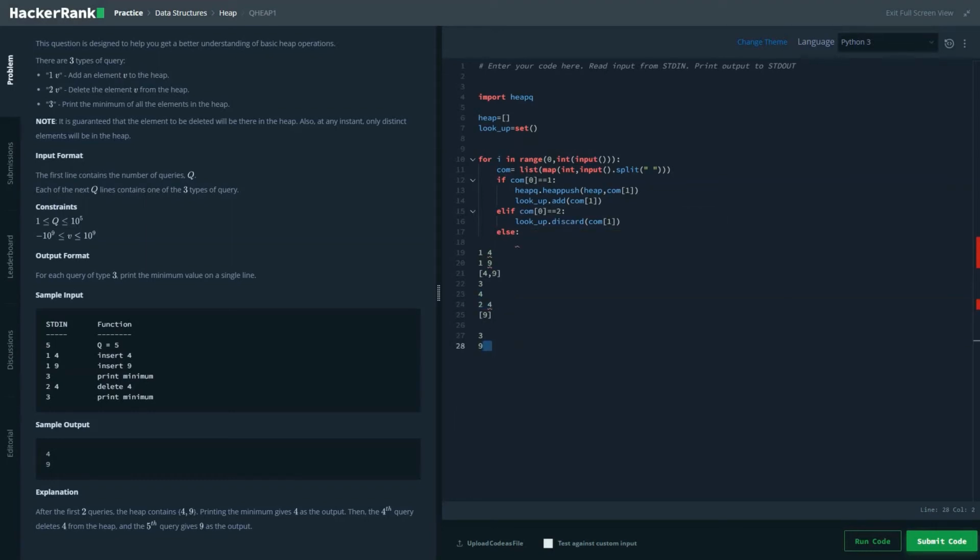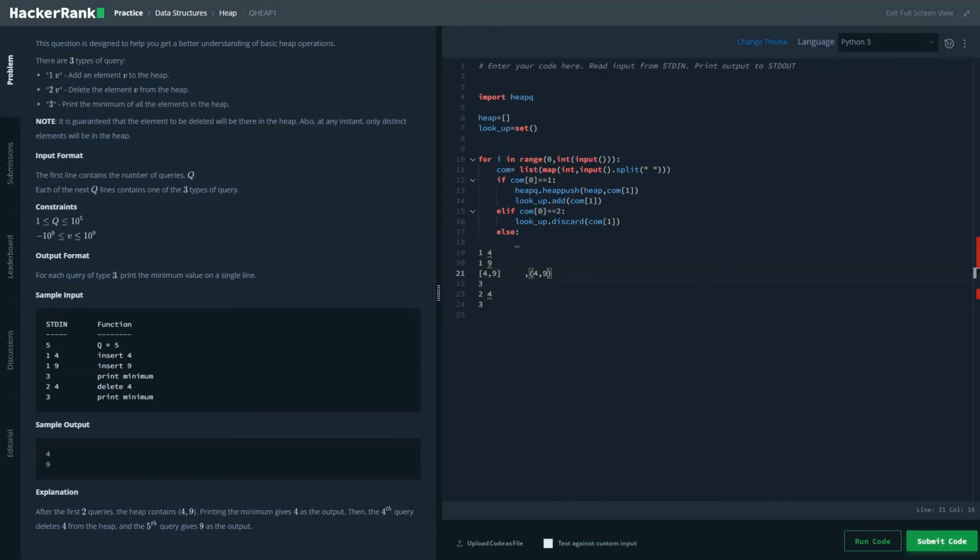So here, after the first two operations, this would be the value of the list, and the value of the set would be 4 comma 9.